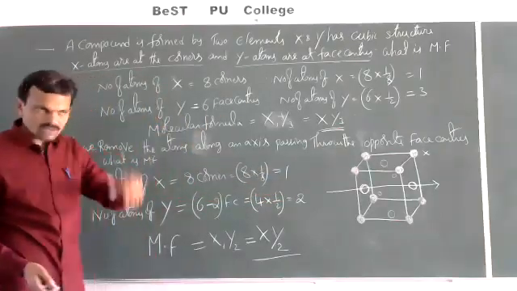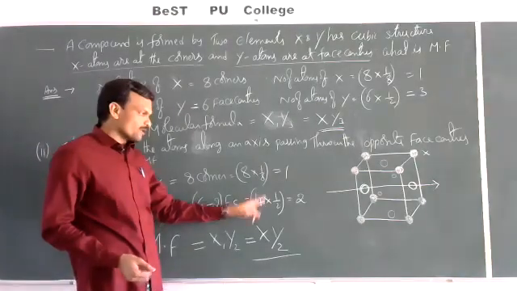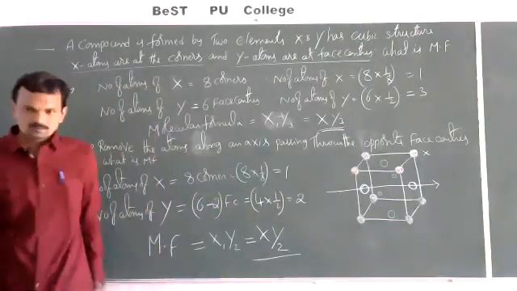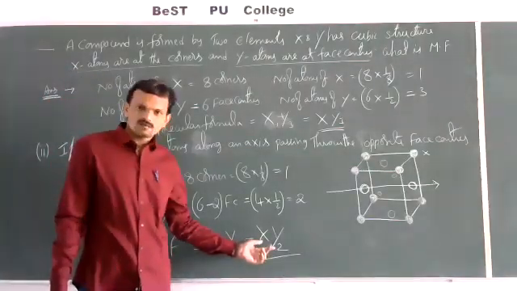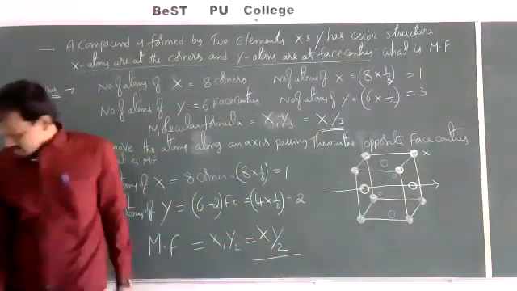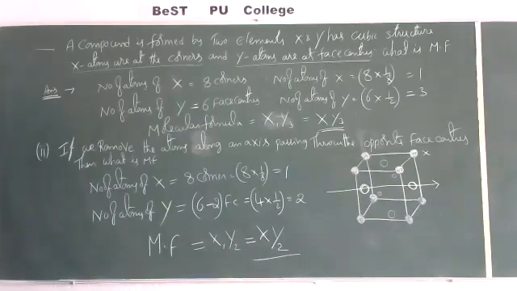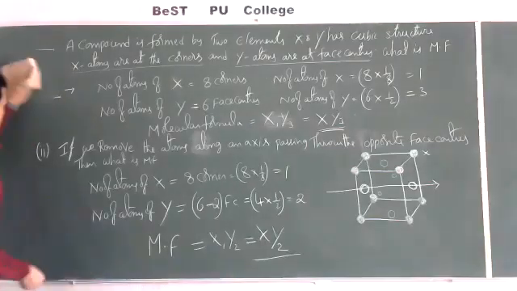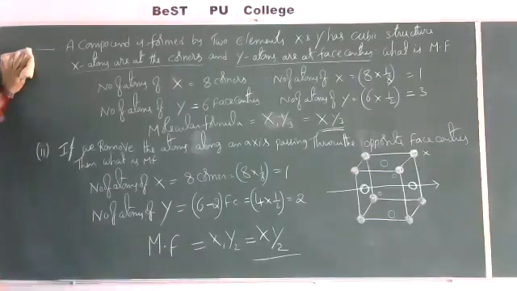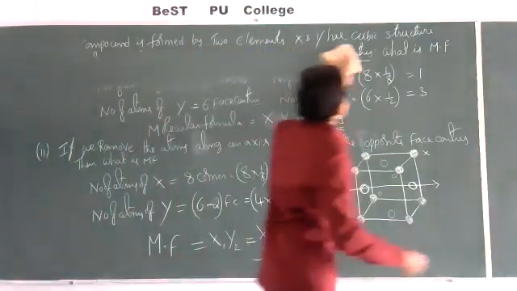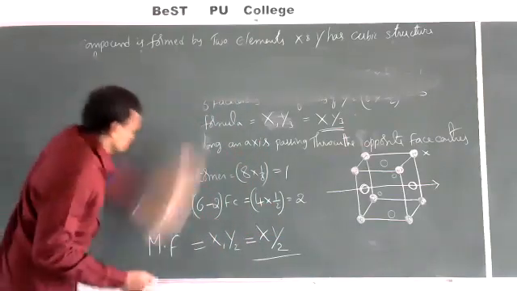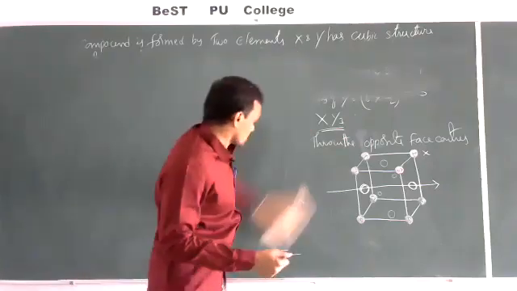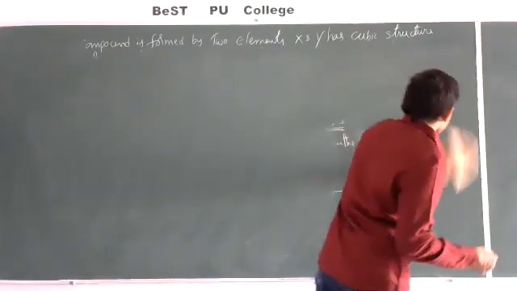So the number of atoms of X remains the same, 1 only. The number of atoms of Y: only 4 face centers are available. So 4 into half we get 2. So the molecular formula of the compound is X1Y2, that is XY2. So this is the answer for this given question. Okay. Now, like this, so many applications are there. I'll give some more examples for this. Hope you understood this. This is a very important model in objective examinations. So many times they ask a question based on this.